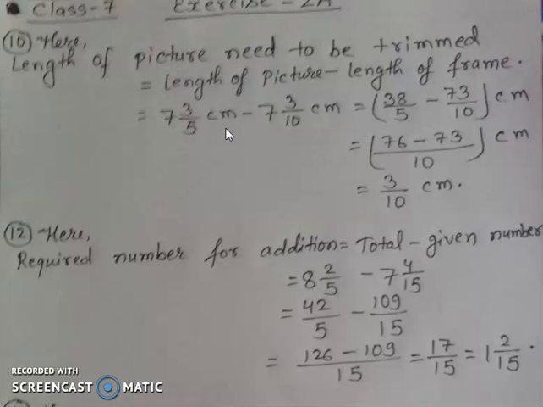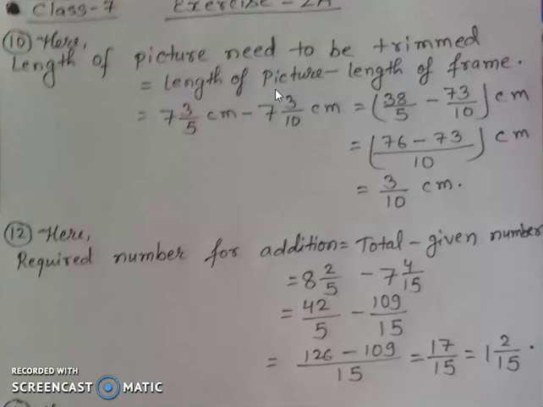So students, let's see. If the picture is bigger and the frame is smaller, then of course we have to cut the picture and adjust it in that frame. So up to how much can we cut? We can cut up to the adjusting point of the frame. So of course when it has been set to trim, at first you will see whether these two are same, or greater or smaller. So what happens? There are several methods of comparing.